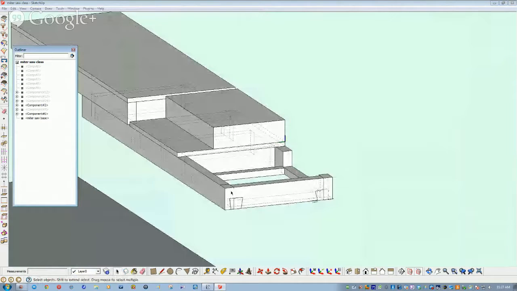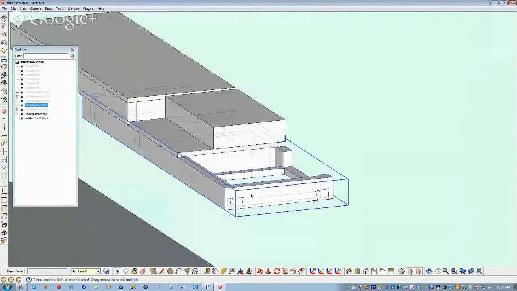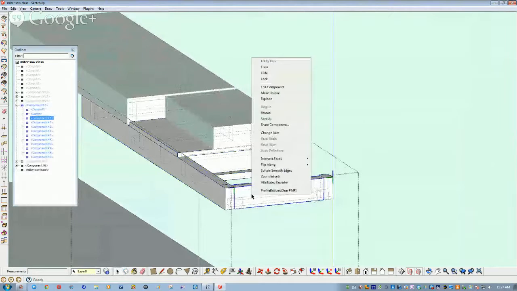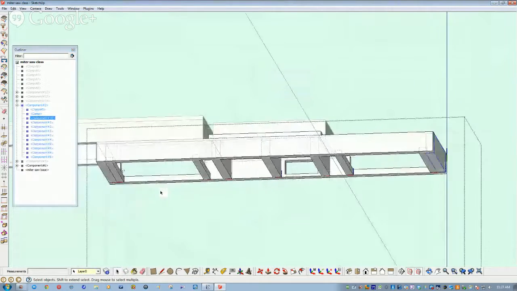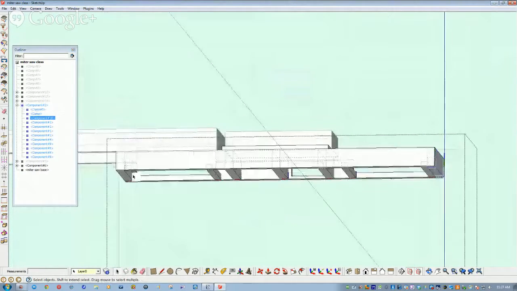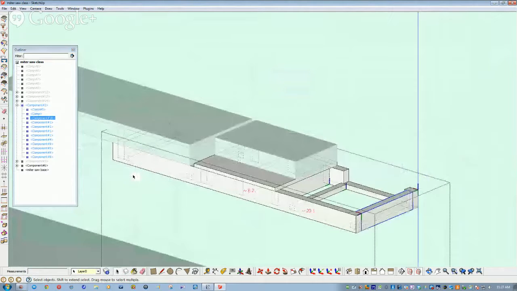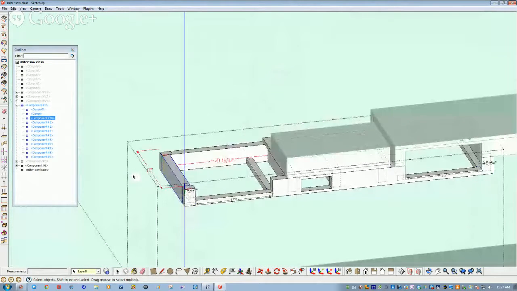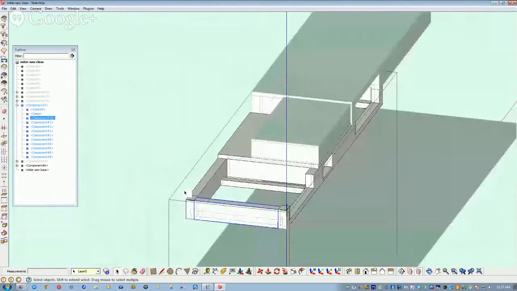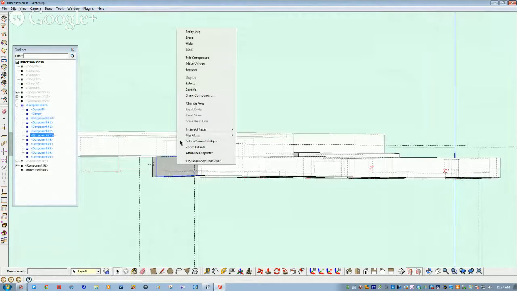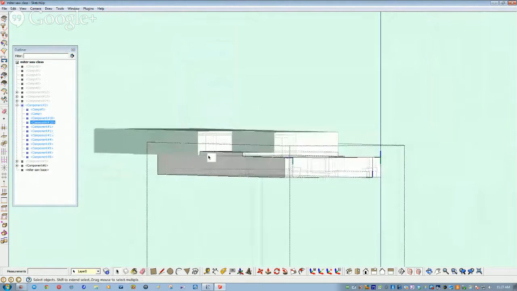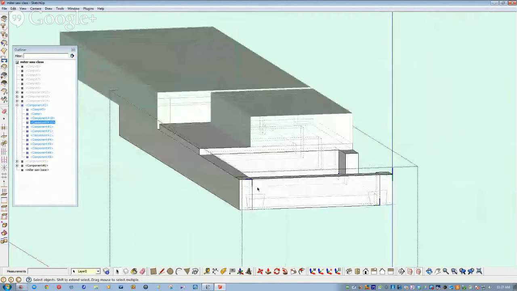And I want to make this unique, make that one unique, and I want to make... actually, yeah, okay. I want to make this one unique also. There. Now,